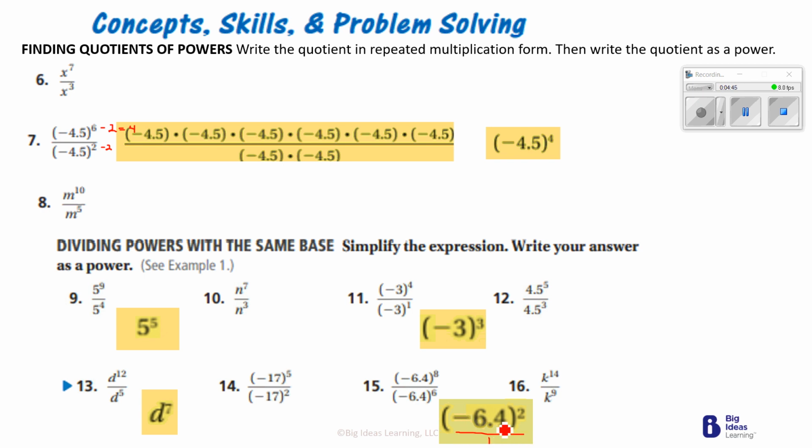Because anything over 1 is itself. So when we do it the opposite way, you would put 1 on top and the number on the bottom, always to the positive power, never to the negative power. All right, so 16 is for you to do. Let's go to number